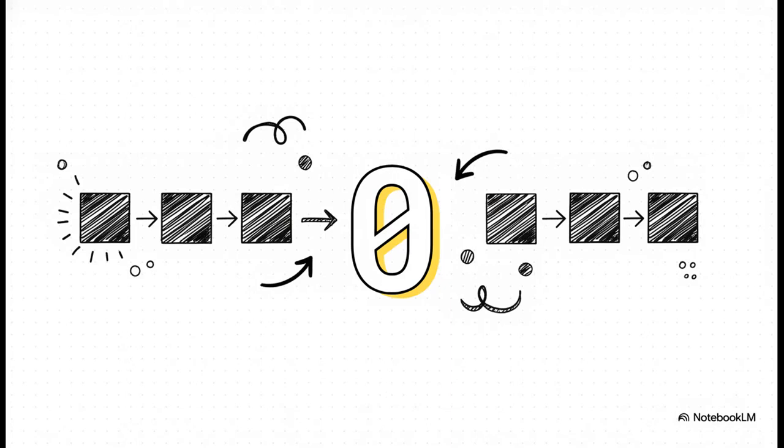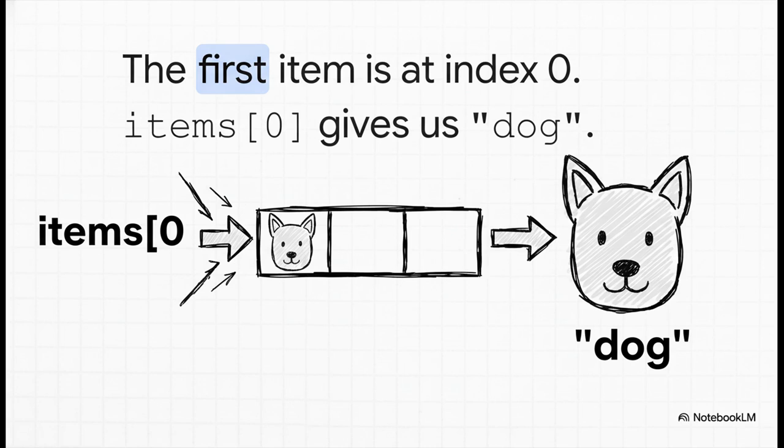Now, here's probably the single most important rule to remember about arrays. And it's something that trips up pretty much everyone when they're first starting out. In programming, we don't start counting from 1. We always start counting from 0. So the crucial thing is this. The first item in our list, dog, is at index 0. The second item, cat, is at index 1, and so on. To get that first item, we use the name of our array, followed by the index in square brackets, just like this, items[0]. And that gives us back the string